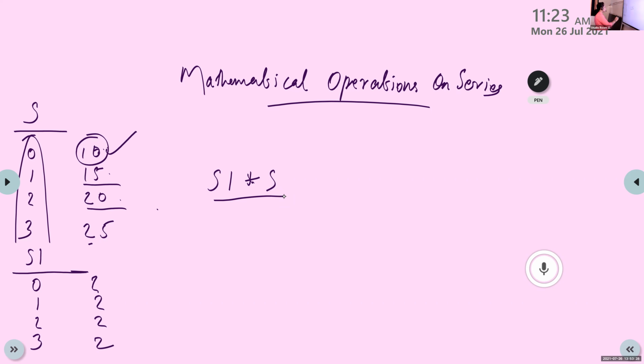Here S1 is 2, 2, 2, 2 and S is 10, 15, 20, 25.